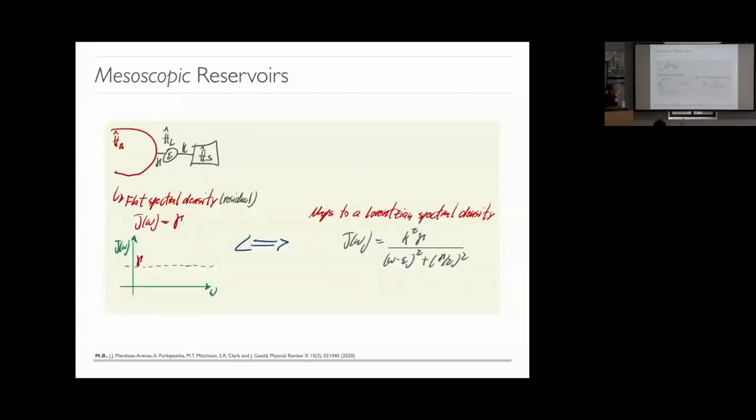Look at what I'm doing at the level of the spectral functions. I hope you understand my handwriting is not the best. If I have a system coupled to a single fermionic mode, and that fermionic mode is coupled to a residual reservoir, for which by construction I impose that this residual bath couples to this mode with a flat spectral function, the effective spectral function that the system will see is a Lorentzian. Okay? You can show this analytically.